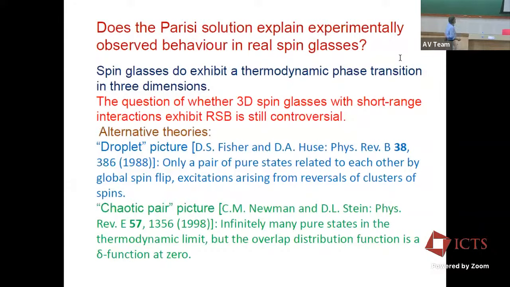So that controversy is still going on, and what is happening these days is that if one wants to solve it, one has to basically answer this question from simulations. There, the main problem is the usual problem that you have in studies of glassy systems. Here we are talking about the spin glass phase, so one is talking about relatively low temperatures, and there